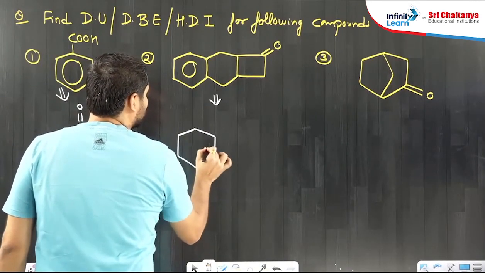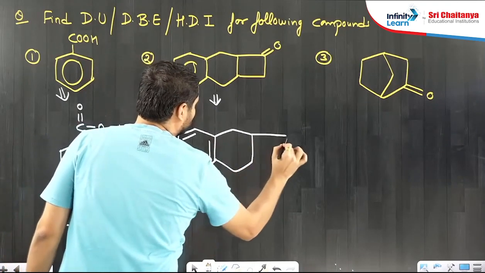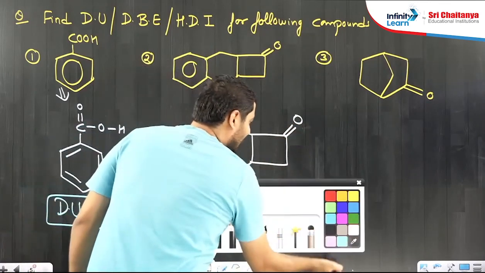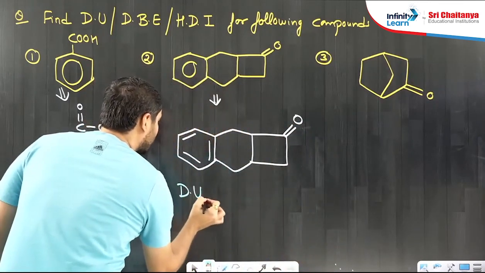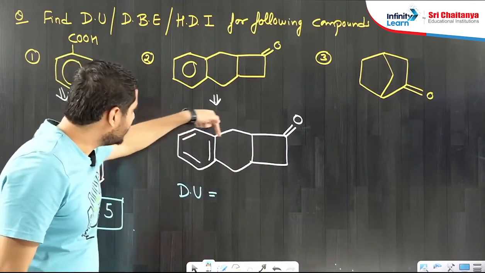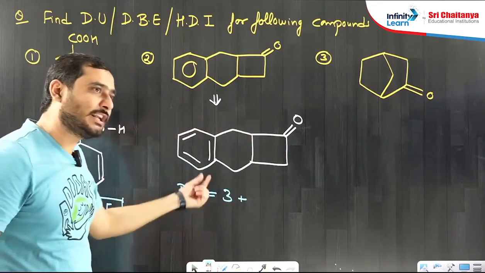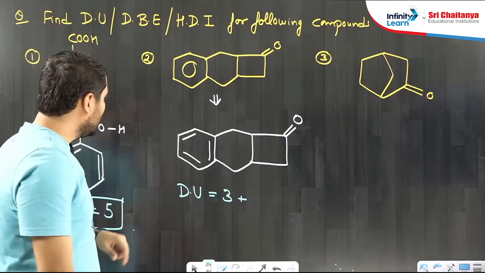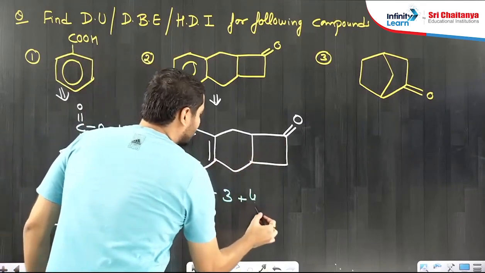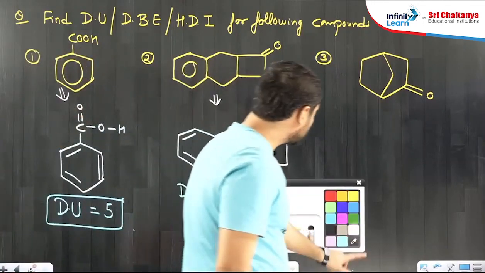So what is present here? First ring, that is benzene. Let us draw benzene. Next simple, it is cyclohexane. Next 4-membered ring. And what is present? Double bond. Oxygen. Now what is degree of unsaturation for this? So if we count, first how many rings are present? 1, 2, 3. 3 rings are present. For one ring, degree of unsaturation 1. For 3 rings, degree of unsaturation is 3. Now next check how many double bonds are present. 1, 2, 3, 4. So 3 plus 4, what is degree of unsaturation? 7.